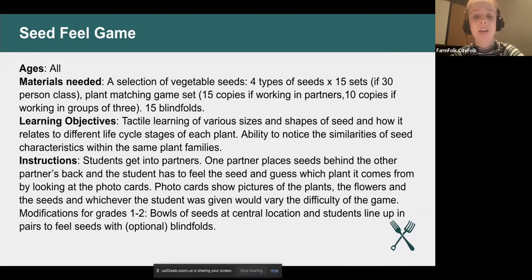And then we've got the seed field game. This is definitely great for younger students, but can be done at all ages. And it's just blindfolds, and you try to guess what seed you're feeling, or even just see how different seeds feel. I think it's important to get some tactile